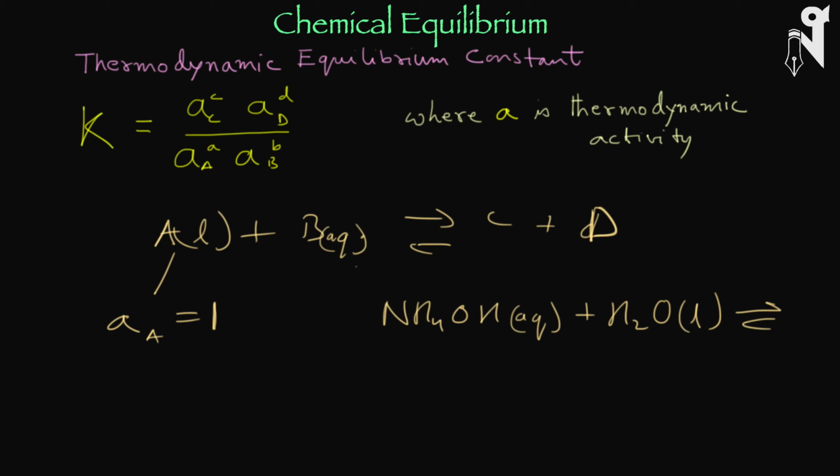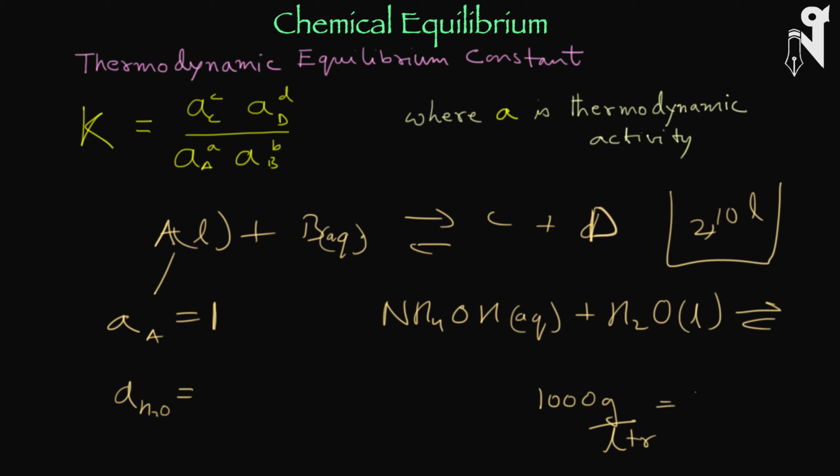So this is what will determine the forward rate. In the forward rate part, if I have to write the activity of water, then what will it be? The activity of water would be the concentration of water. Whether the tumbler had 2 liters of water or 10 liters of water, the concentration of water would depend on its density, which is 1000 grams per liter. So the number of moles of water per liter will always be around 55.5 moles per liter.